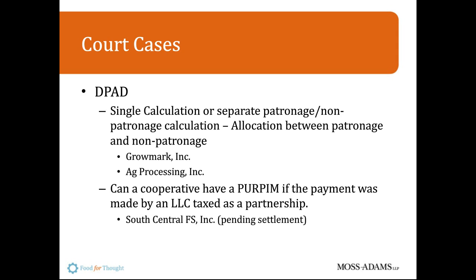They believe that the Farm Service court case that was decided in the early 80s has a direct impact on the domestic production activities deduction, which came into effect in 2004. The regulations and some legislative history make it clear that most other multi-company taxpayers do one calculation, and that can be seen in both consolidated corporate rules, affiliated group rules, and even simply